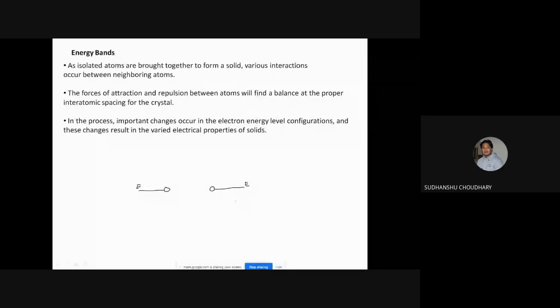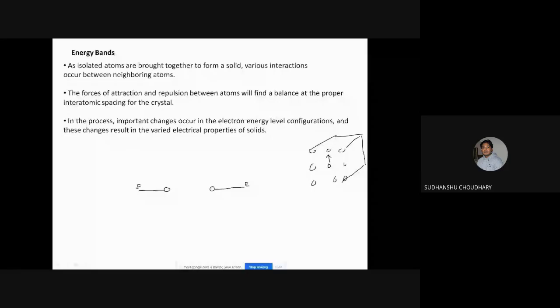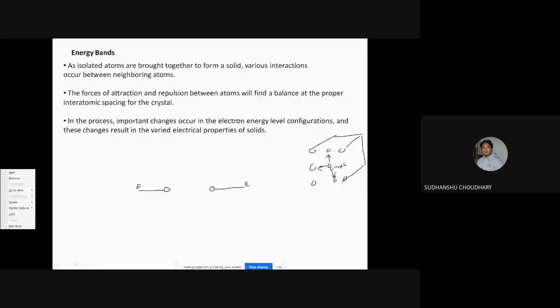So far, we have only talked about individual atoms in the Schrodinger equation. But yes, the atoms have neighbors. For example, this has this neighbor, so all these atoms have neighbors. That means when two atoms are brought close together, this atom will interact with this atom. This can interact with this atom, or even this can interact with this also. So there are interactions possible between these atoms.